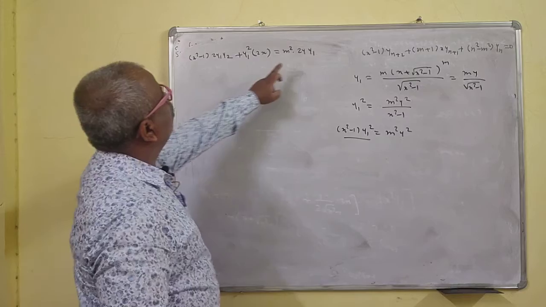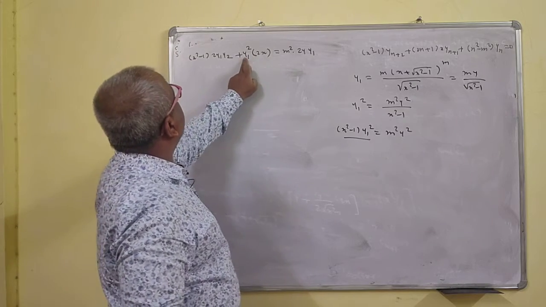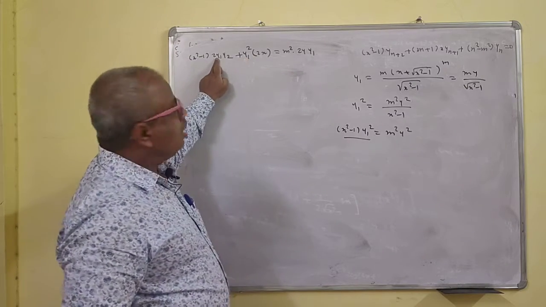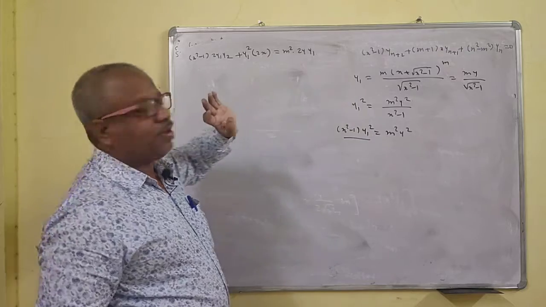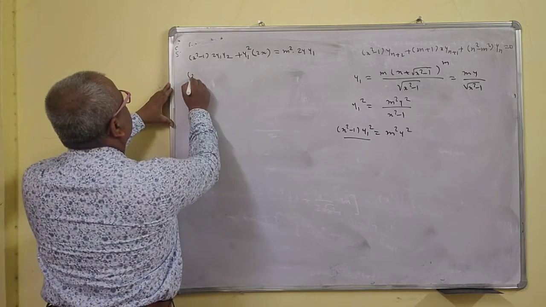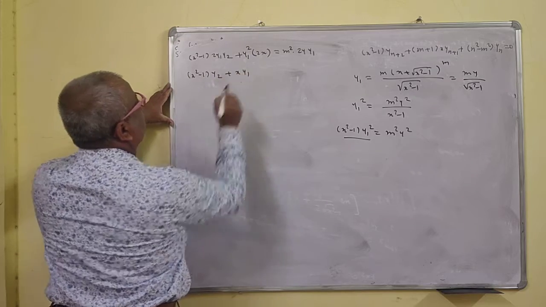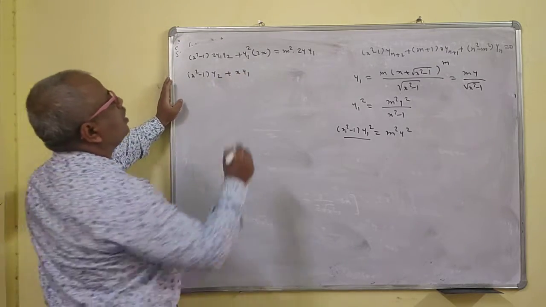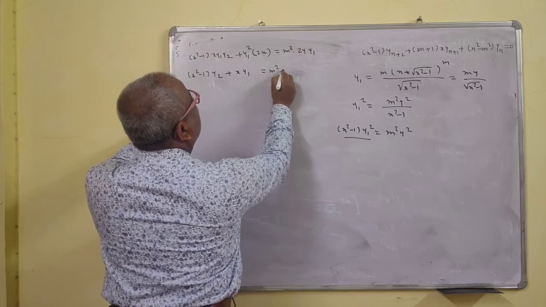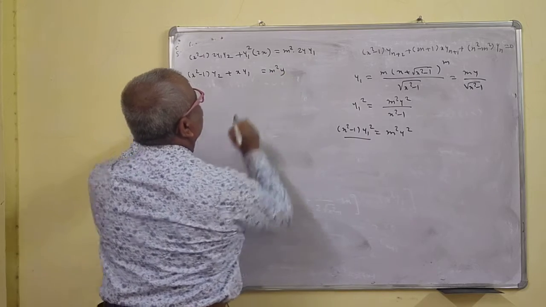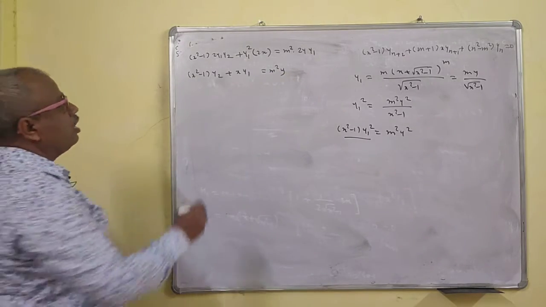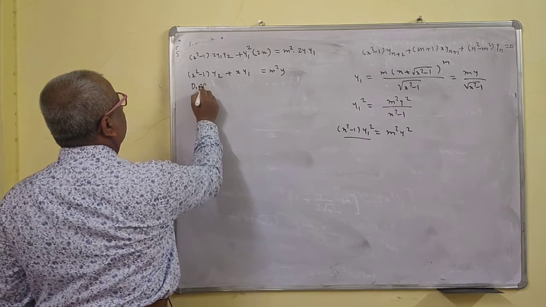Now see here, 2y1 is here, 2y1 is here, 2y1 is here. Each term contains 2y1, so we will remove that. So this is what then? (x square minus 1) y2 plus x y1 plus x y1 is equal to m square. This 2y1 gets cancelled. So m square y. So differentiating